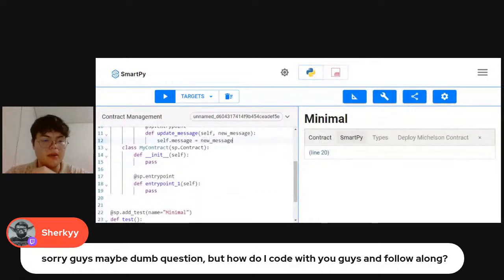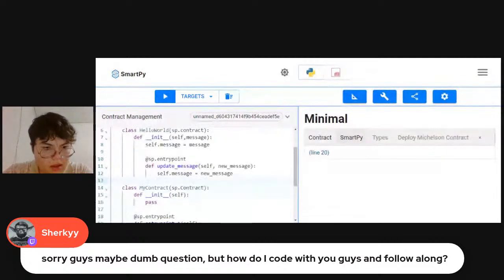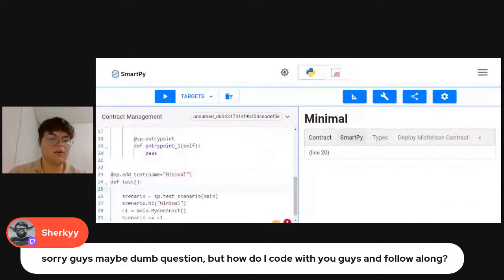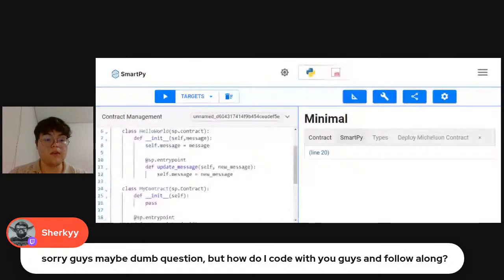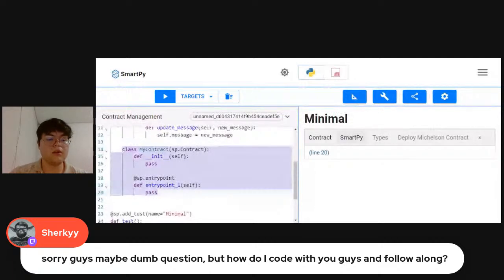Right, so we have self.message equal to new message, and yeah, let's try to do that. So instead of a scenario, it will be main. All right, so if I want to do this like this,